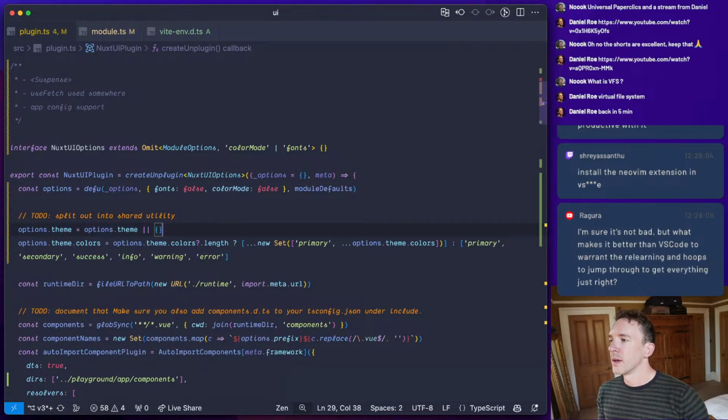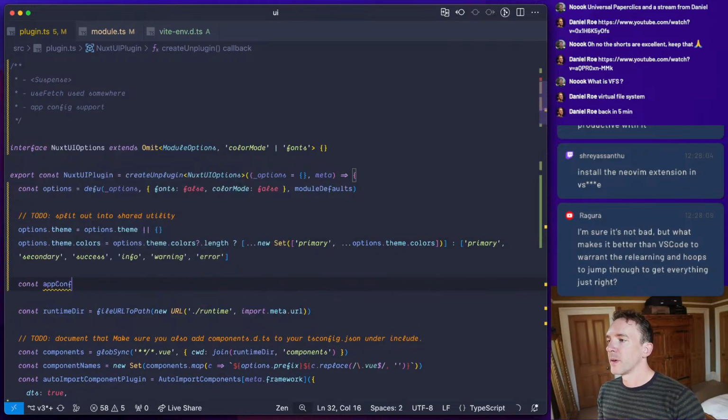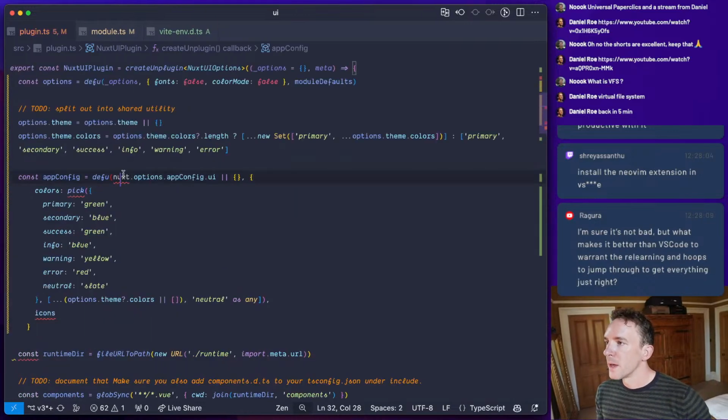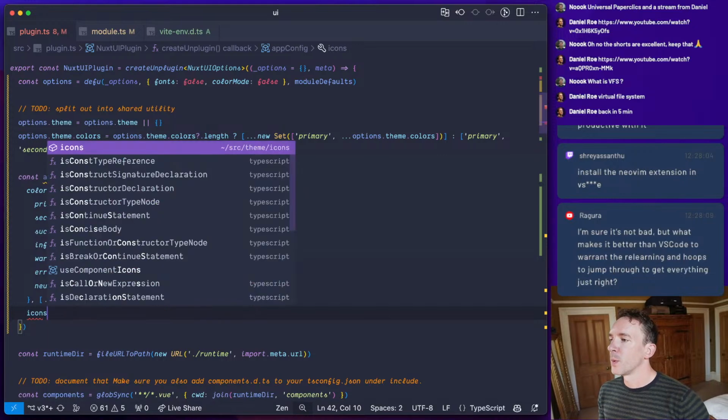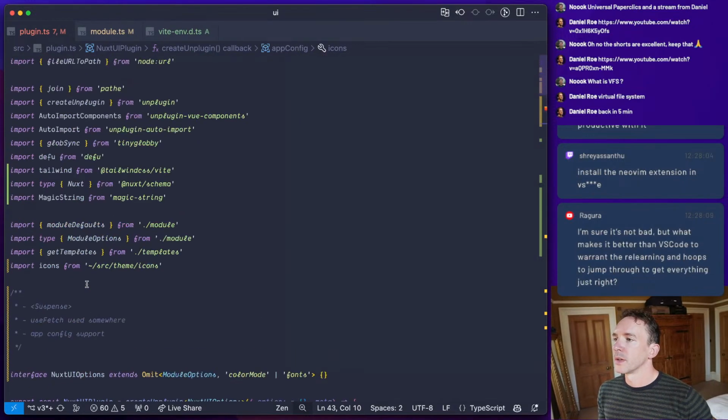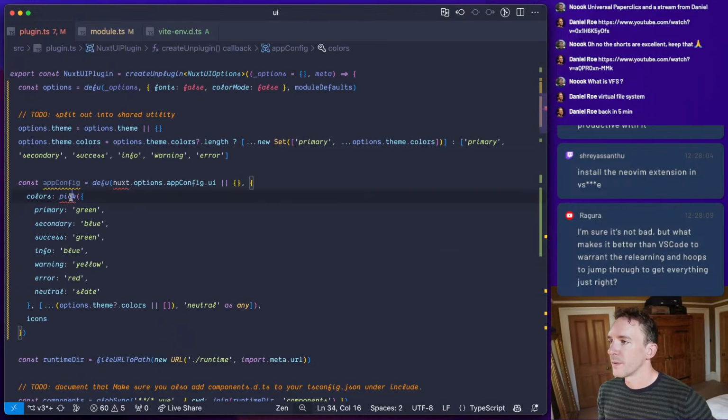So basically, const app config is going to be this, but we're going to want to handle this. We have to import icons from here. And we also have to import pick.